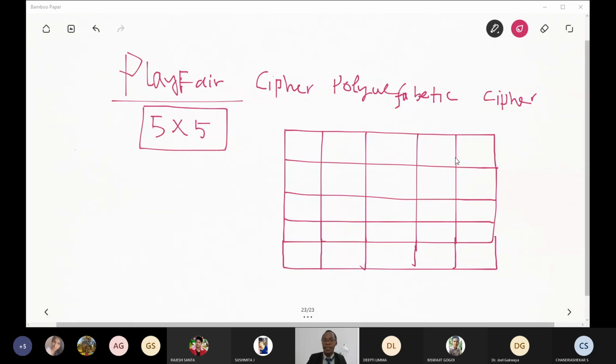Now, I think now is there, right? So it is 5 by 5. It is 5 by 5 matrices. Here we are going to insert the number of alphabets,